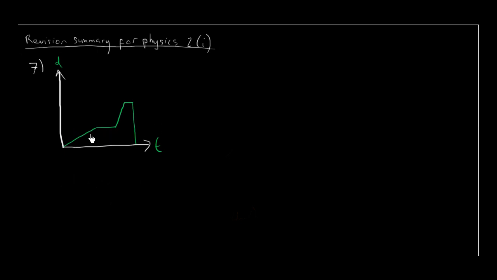So how do you calculate it? Imagine that this is 1 minute, and this is 2 minutes, and this is 3 minutes, and this is 4 minutes. Normally this would be in seconds, but it doesn't matter really, minutes is alright. And then distance here we'll do in meters, and let's say that this is 10 meters, and this is 20 meters, and this is 30, this is 40 meters. Something like that, and then